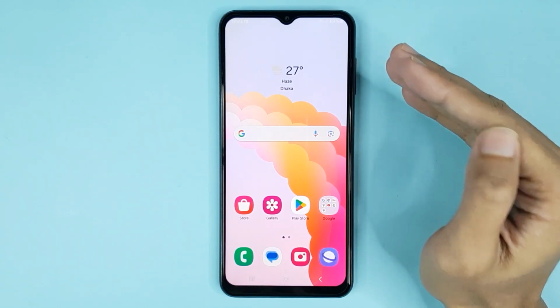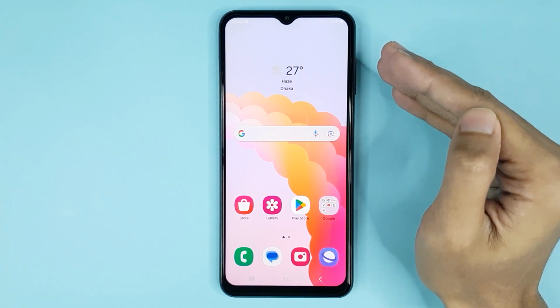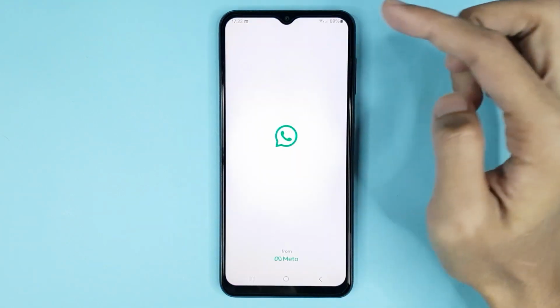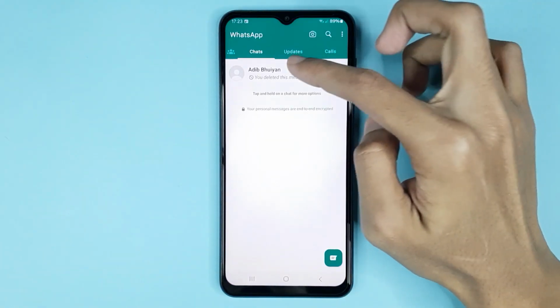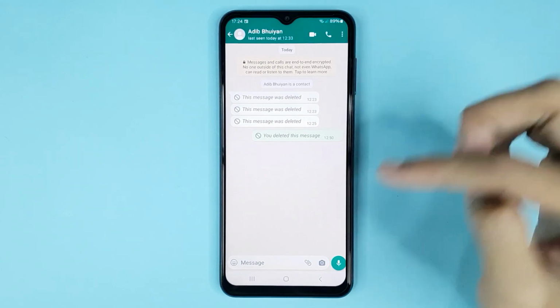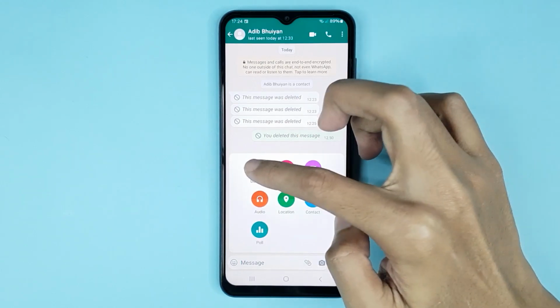In today's video I am going to show you how to send large videos on WhatsApp. Now the first thing you have to do is open WhatsApp. From here open any conversation. Now if you want to send any large video to this contact, just tap here, then go to document, then